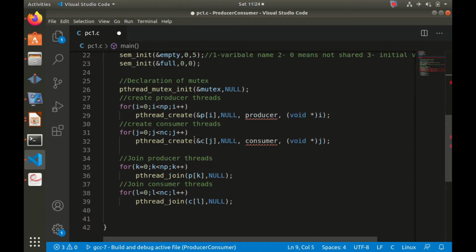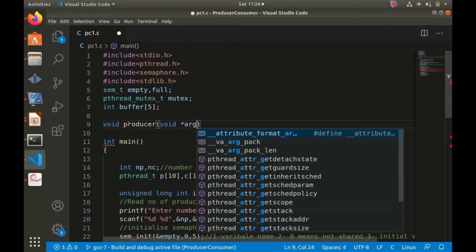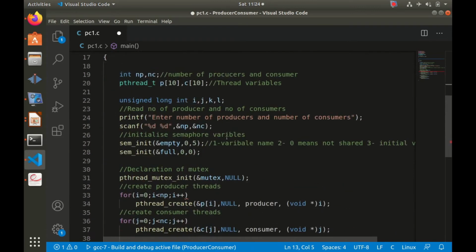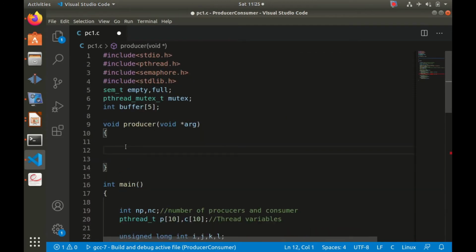This we have studied in the thread library. So write this as void star producer, and void star arg. This is what we write in every thread function. So this producer error is now removed. Similarly, we'll write the consumer function.